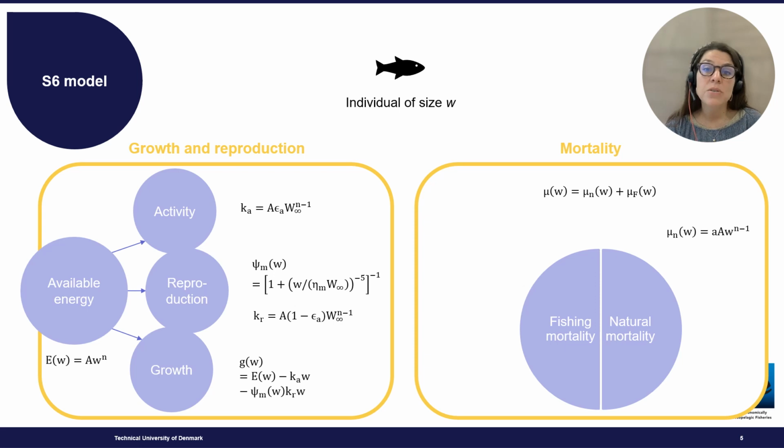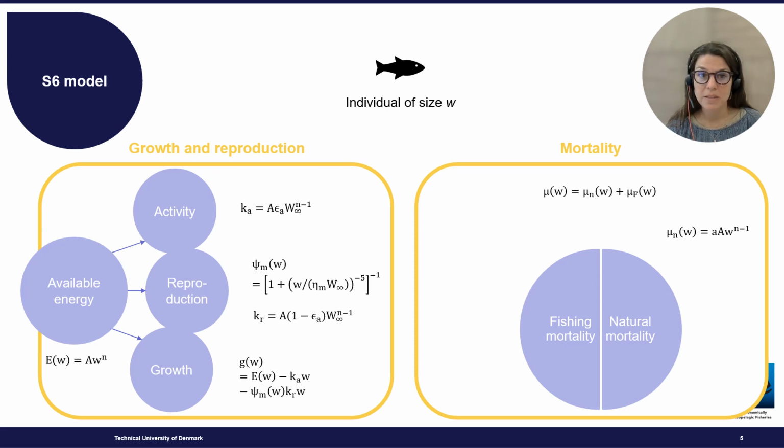And it is here described as, again, an allometric relationship with an exponent of, this time, n minus 1. And then also the physiological mortality A. This parameter is highly influential in describing a stock, and it is the equivalent of the M over K ratio, but then adapted to